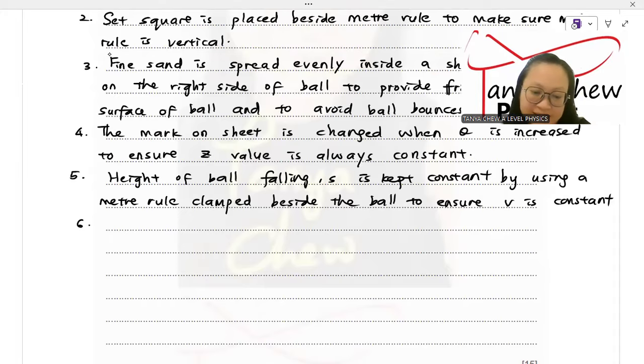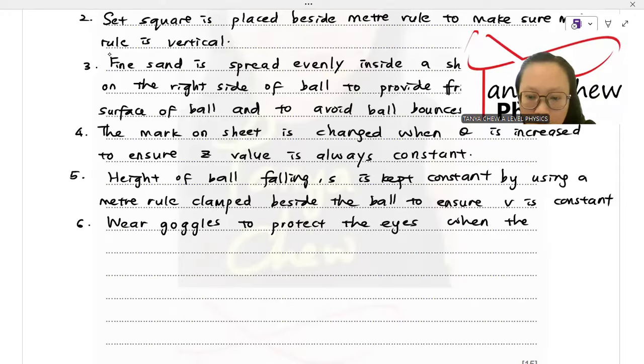Now, number 6, which is the last one, you know, sometimes when you fill sand into the shallow container, when the ball bounces towards the sand, right? Some of the fine sands might be going into your eyes, right? You see that? So that is why one of the safety precautions, you might want to wear goggles to protect your eyes. So I would say use goggles or wear goggles to protect the eyes